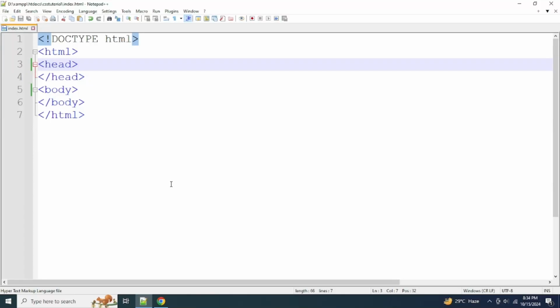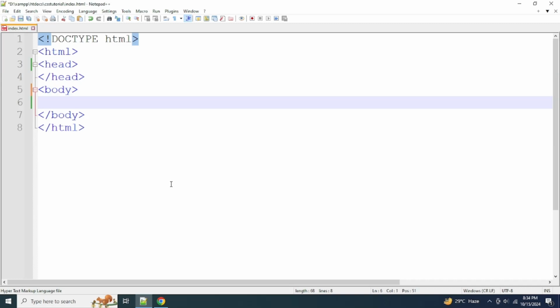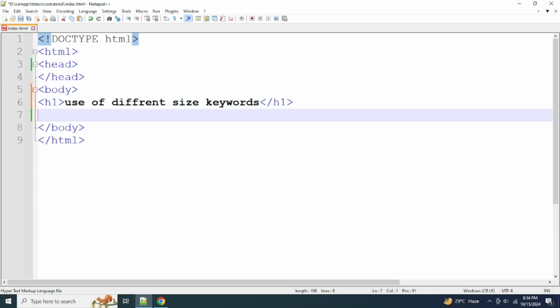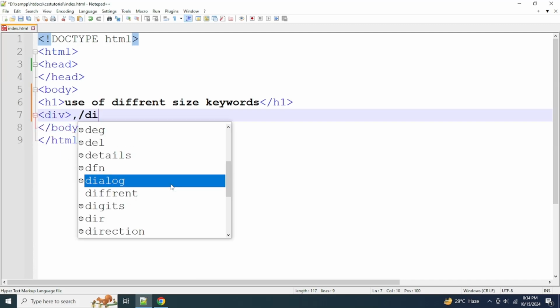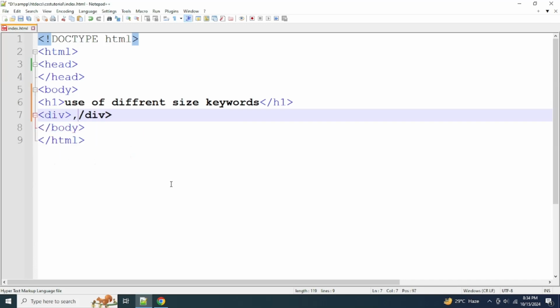Hi. In this CSS tutorial, we will learn about the use of different size keywords. In the body, we will open a heading level 1 tag and close the heading level 1 tag. Heading: use keywords. Underneath heading level 1, we will open a div and close the div. Copy,